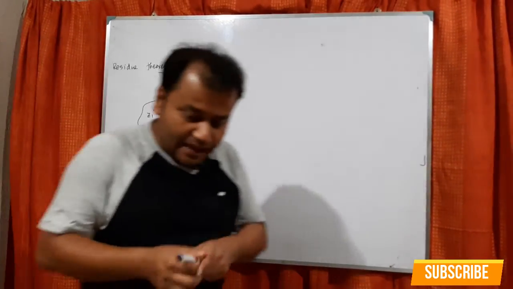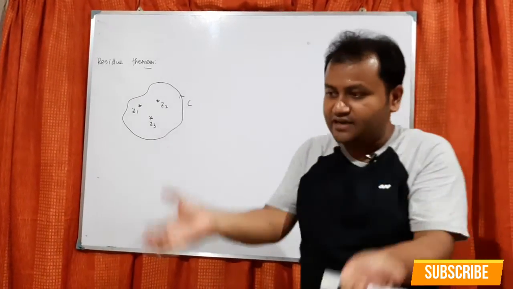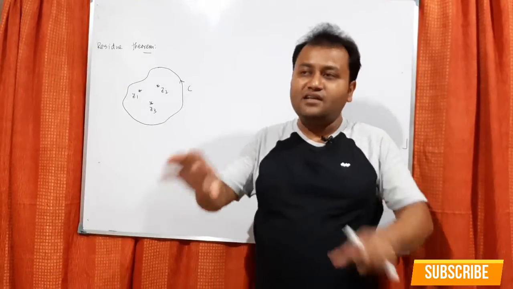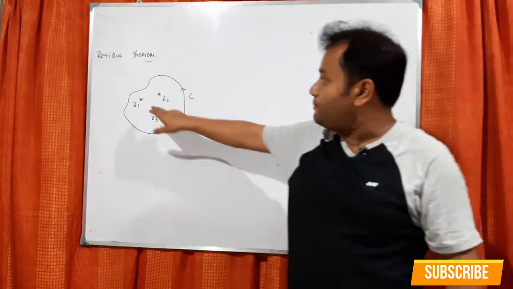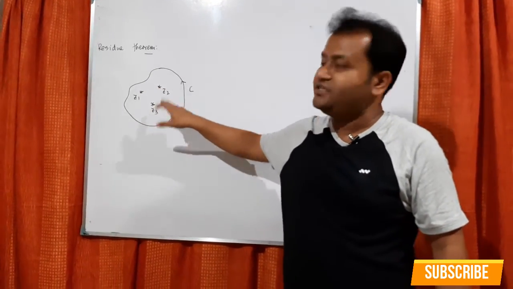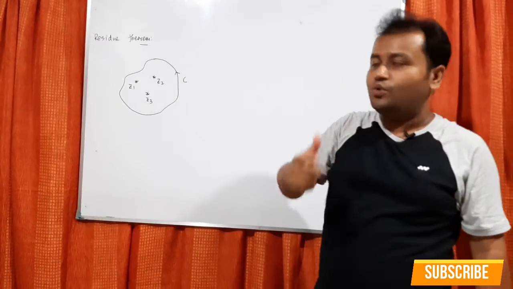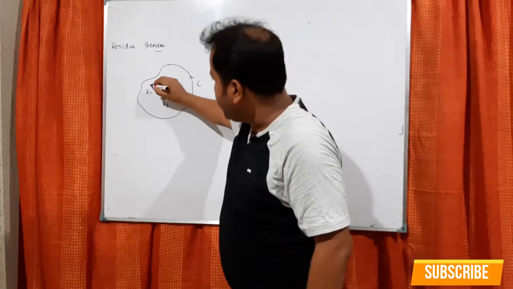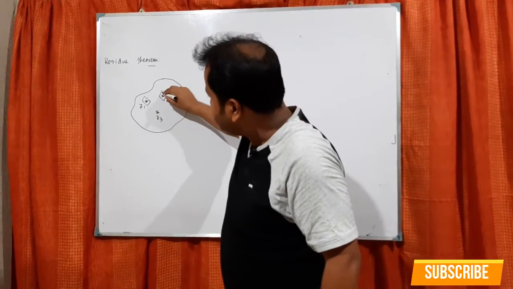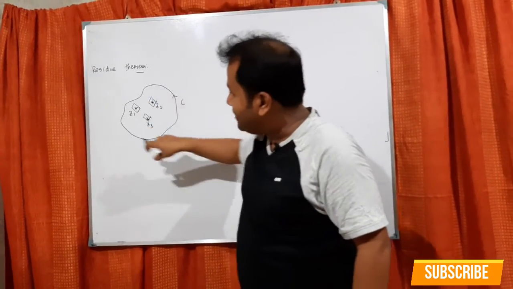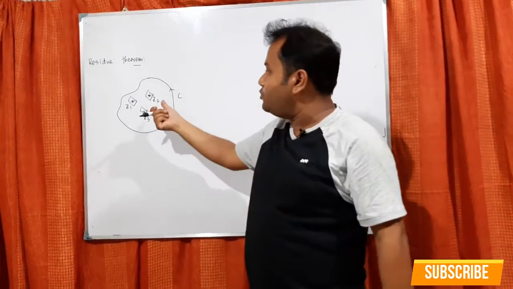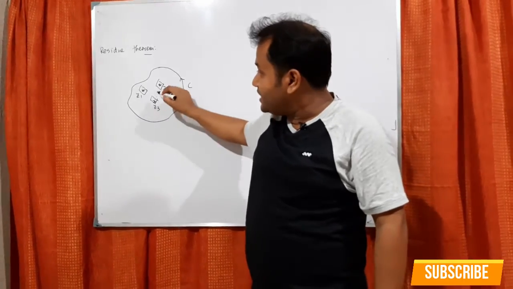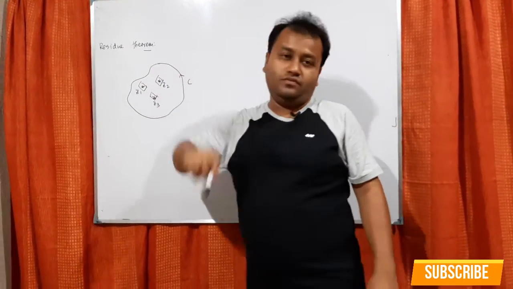For a practical example, you can think of the tire of a bike. Say the tire is there, you can put some air, so it will be like that. If there are some punctures, say 3 punctures in the tire, what you can do is repair this puncture, this puncture, and this puncture, then it becomes the same thing again. Then you put the air again, and the tire will be fine. So these punctures are called residues.